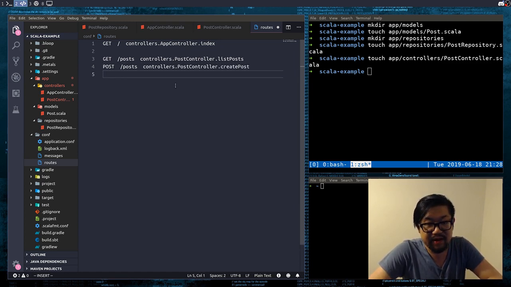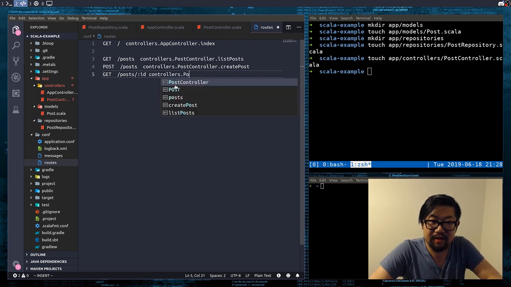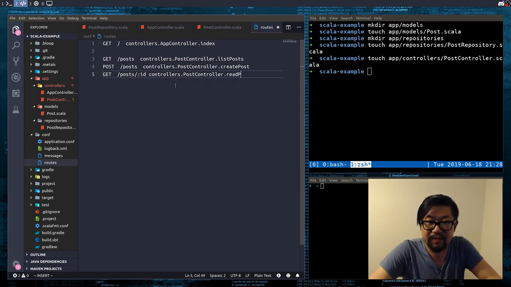Then we have the three operations. GET, this one we're going to provide an ID. controllers.PostController. What is this? Oh. readPost